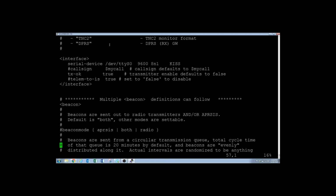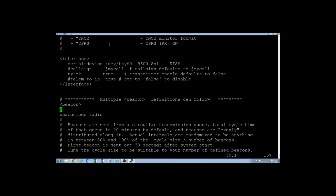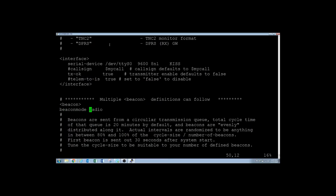until we reach the beacon block, right? So the beacon block says this is how we would identify ourselves. For beacon mode, you can choose to go straight to the internet, go to the radio, or you can have it do both. I typically prefer to have stuff go out just the radio, since it's a real easy way to see if I've got a radio problem. I'll be able to look on the aprs.fi map, and if my Digipeater is still there, I know that it's transmitting and getting picked up by some other adjacent internet gateway. If it disappears, I know there's some problem between